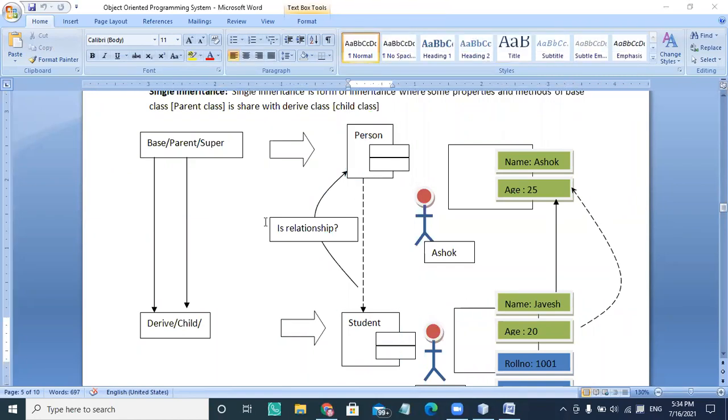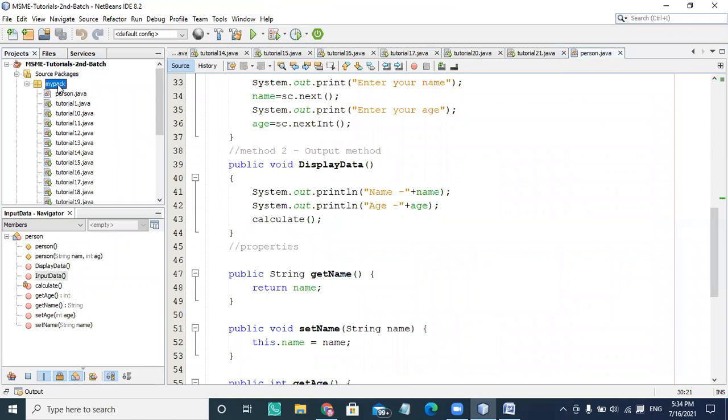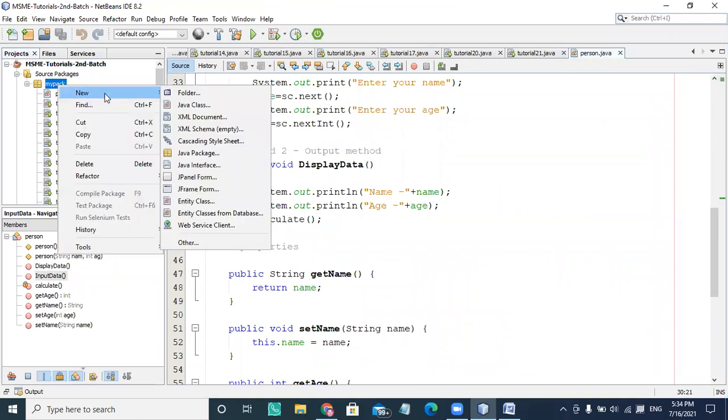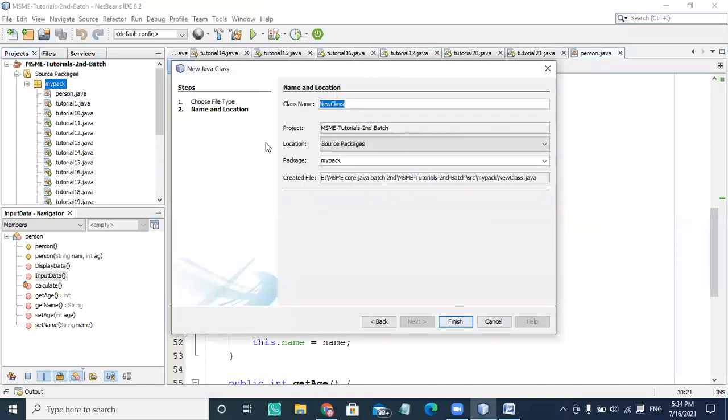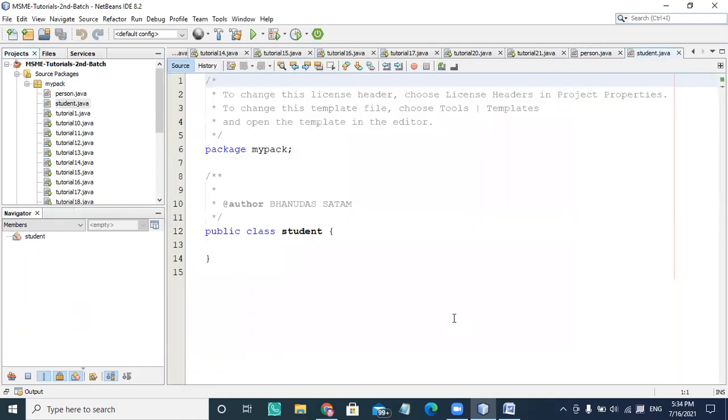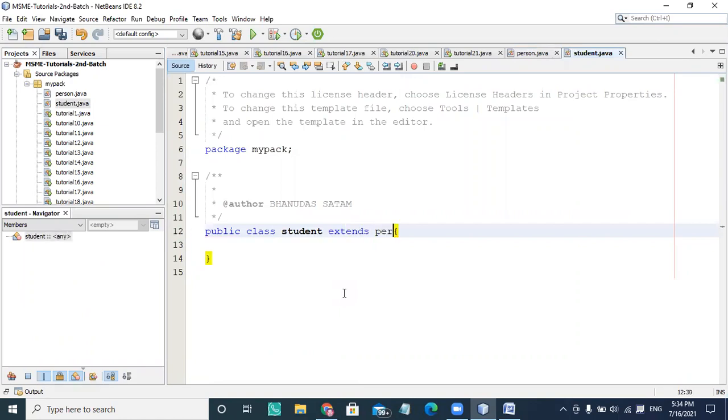I'm creating a class called student here. I'm choosing a package and creating the class student, and I'm just writing the word extends. So I'm extending this from the person class.